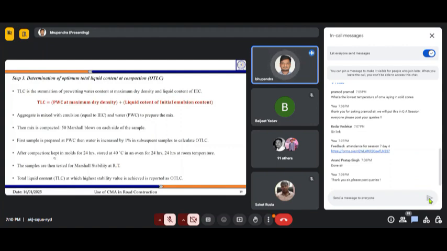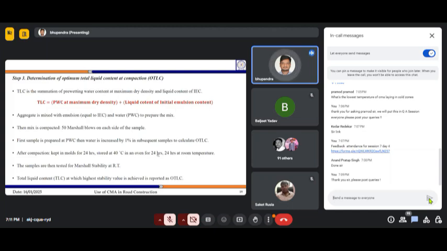Because it requires a curing time, since the water has to evaporate and the emulsion has to break down, after compaction we leave the sample in the mold itself for 24 hours. Then we take it out of the mold and store it at 40 degrees Celsius in an oven for 24 hours.